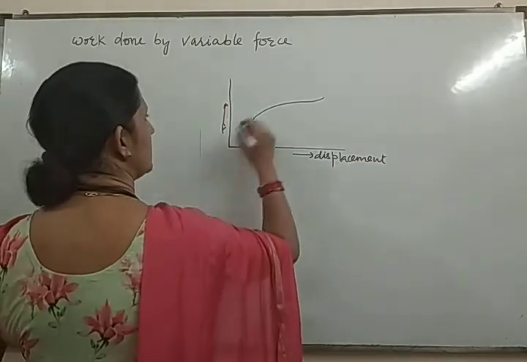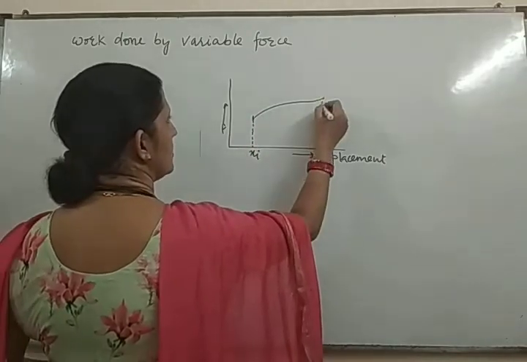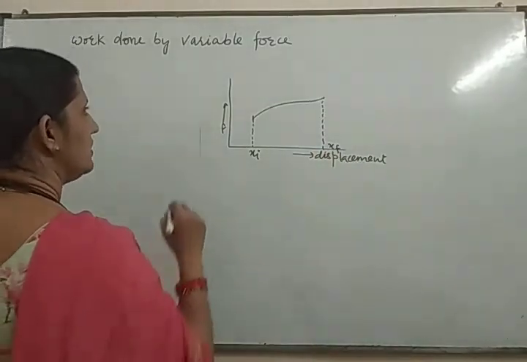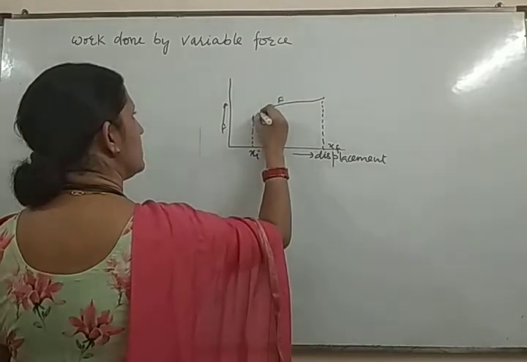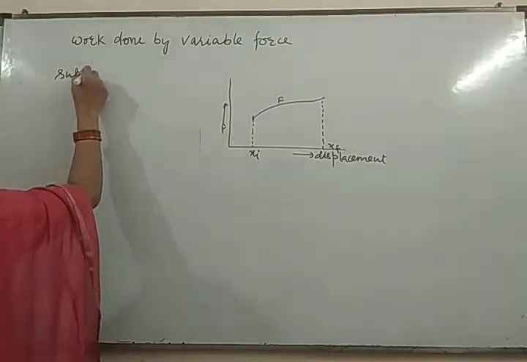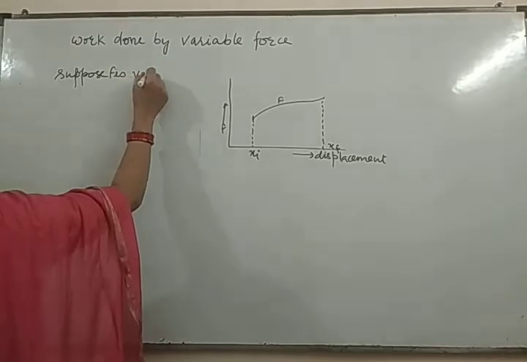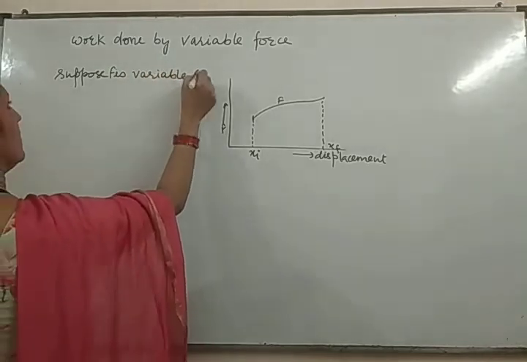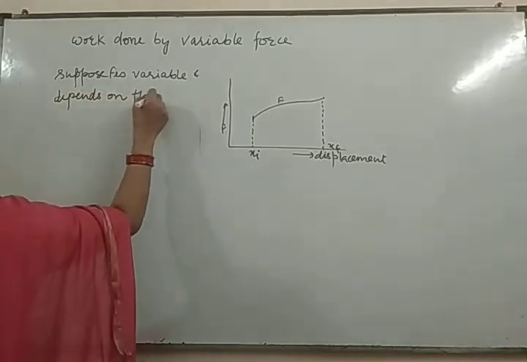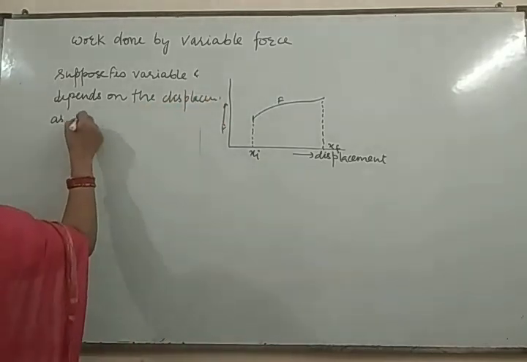This is considered as the initial position. This point is considered as the final position of displacement, and F is the force which is varying along the x-axis. Suppose force is variable and depends on the displacement as shown in the figure,